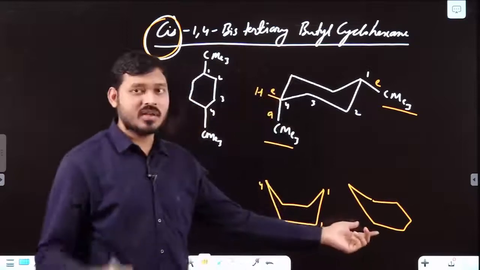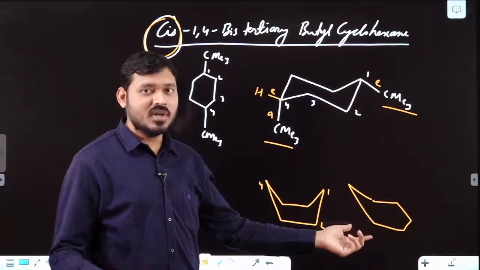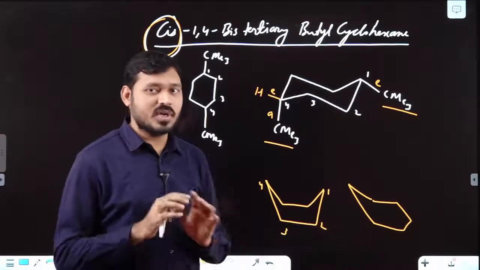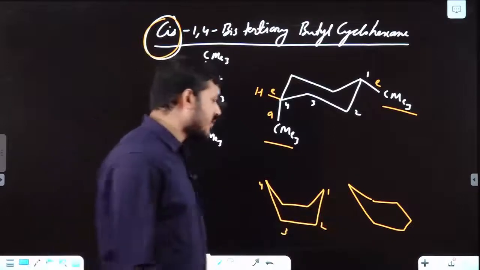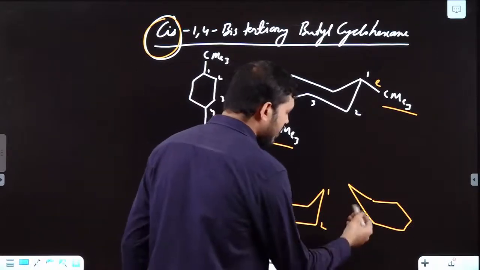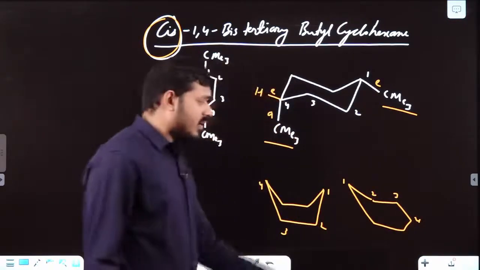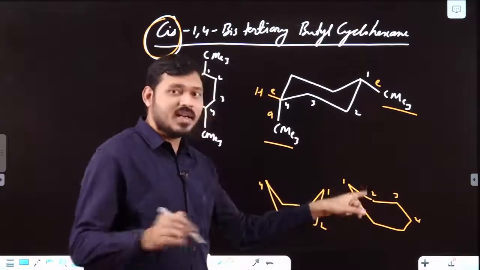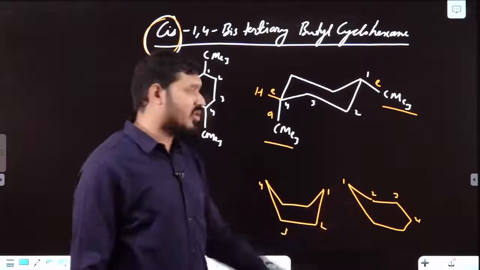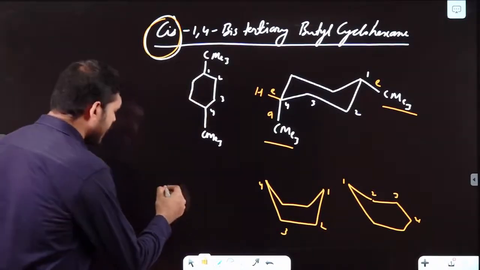This was our half chair. As we know, this is not the most stable form, so it is useless to draw this form of cyclohexane, right? Also, if I say 1, 2, 3, 4, as this is in itself unstable, we need not draw this. So one more possibility we have is